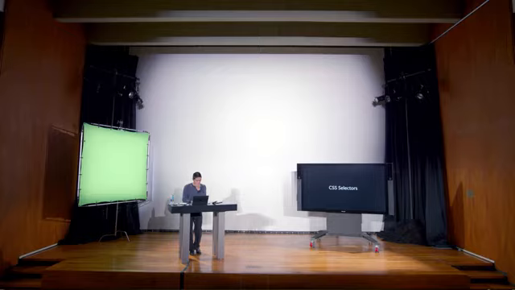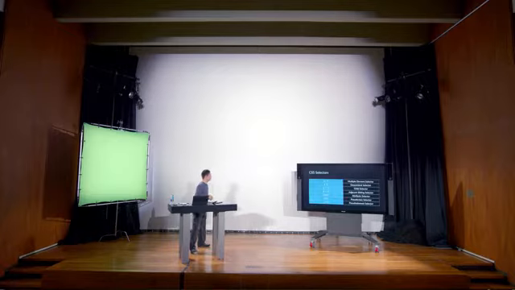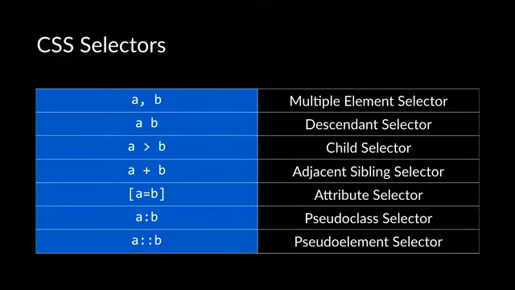And so a bunch of those CSS selectors are summarized here. We have the multiple element selector, where a comma separates two things to say I want styling to apply to both of these things. The descendant selector for when I want to select everything contained within something else. Immediate child for immediate children, but not grandchildren or great-grandchildren of an element. We didn't see this one, but the adjacent sibling selector lets you select something that comes immediately after something else. So two elements that are sisters to each other in the tree, rather than one being the parent or containing